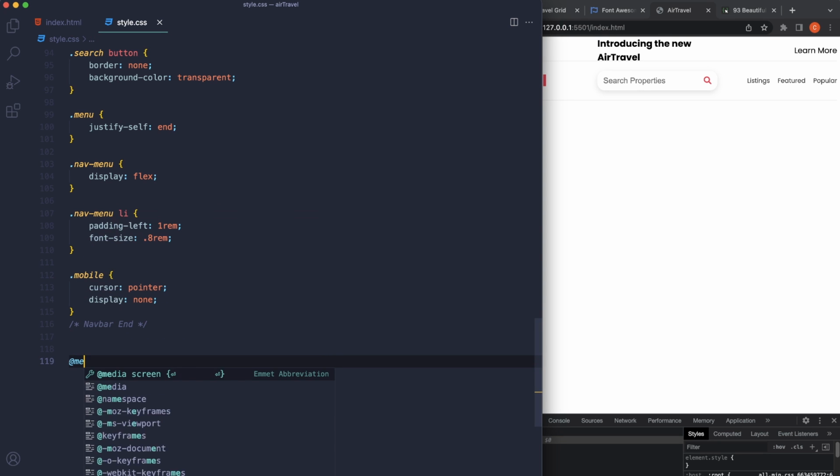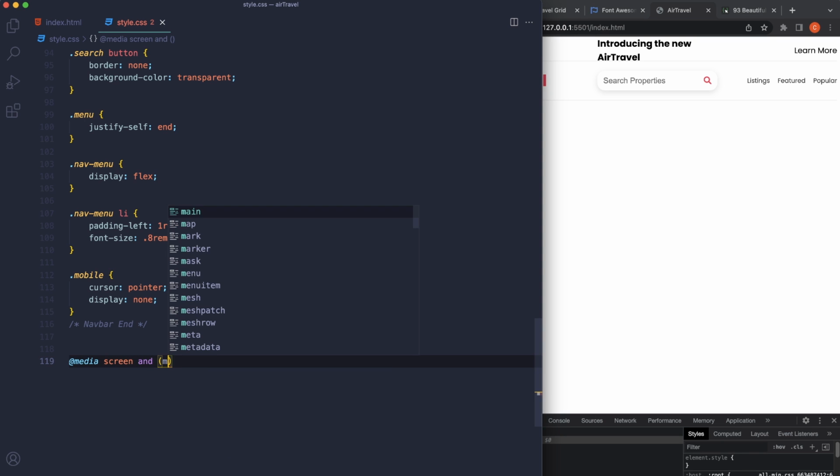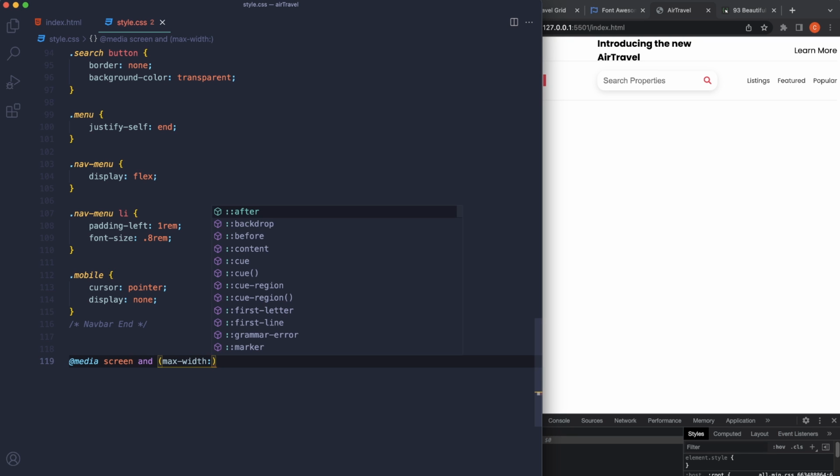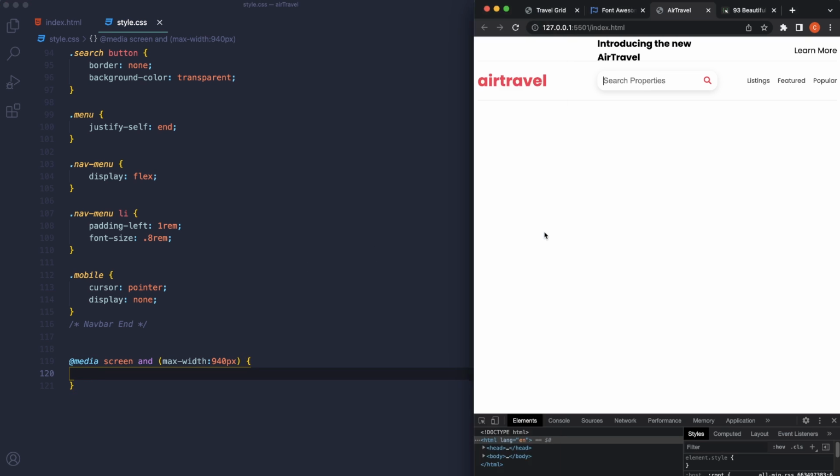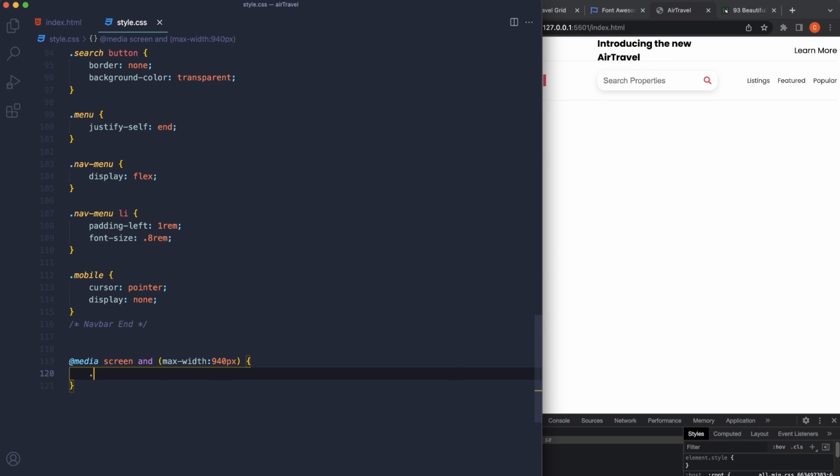So what we're going to say is @media screen, and there's different ways to do this. You can do max-width and min-width, but I'm going to do a max-width here. So max-width of 940 pixels. And we're going to add in 2 breakpoints here. Okay. So let's do our top bar first, right? So let's grab our top bar,